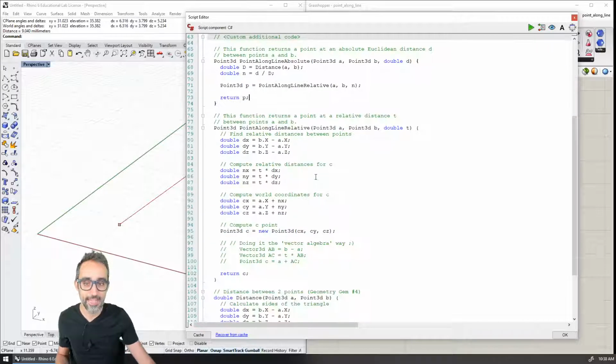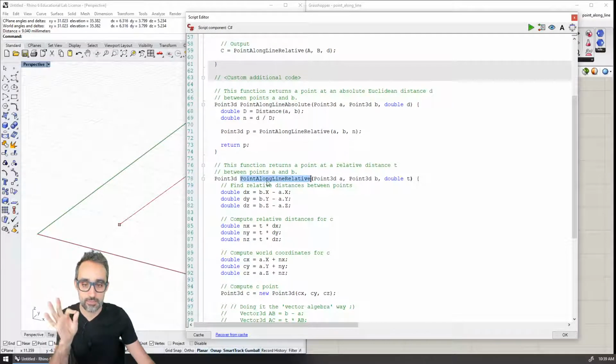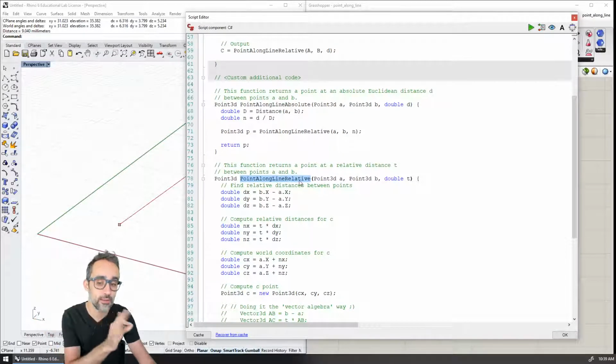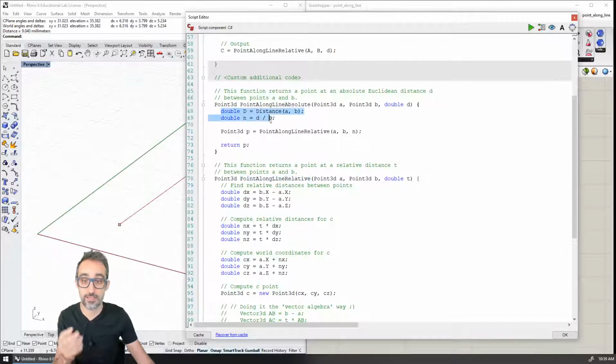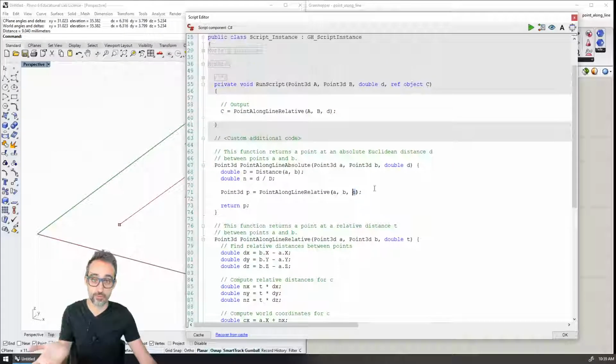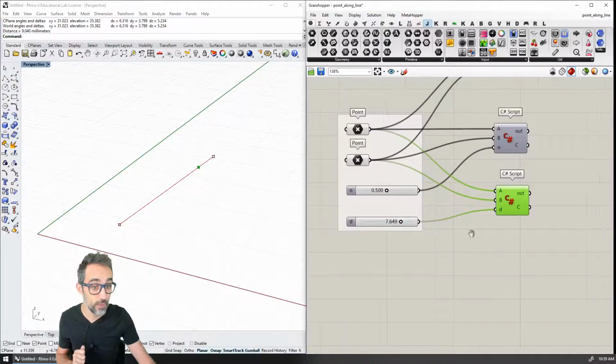All right. And I want you to notice something very nice and very elegant that we have done here. We have a function called point along line relative, and we have one that is absolute. But the absolute one actually relies on the relative one. It just does some pre-processing of the data and then calls the relative one with the normalized coordinate that we have calculated. This is a very common practice, and I find this a very elegant and very nice way of writing code. So I'm going to copy this here, point along line absolute, and then if everything went well, we should see now